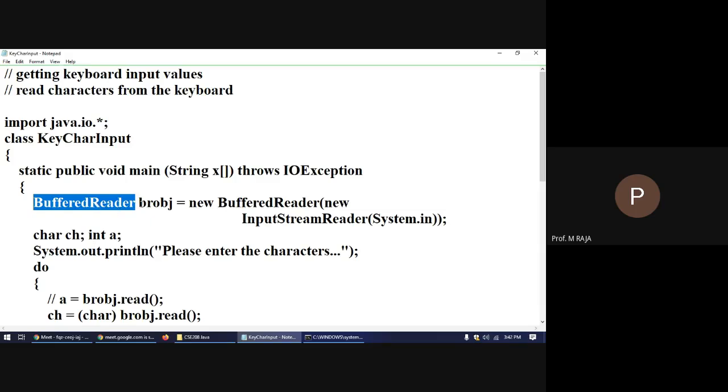To this class, you need to create an object. To create an object, you need to use the new operator. BufferedReader object name is equal to new BufferedReader of, then this BufferedReader object should be linked with the standard input device. Standard input device is the keyboard. To link the standard input device to this object, here you need to